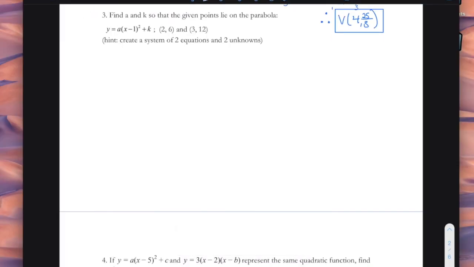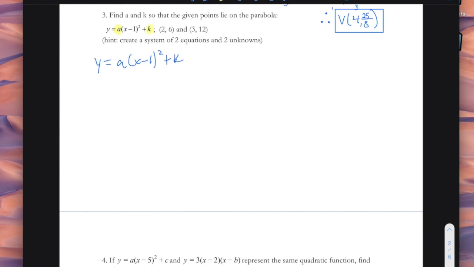Let's take a look at number 3. So in number 3, we have actually been given an equation, so we do not have to take that step in deciding which of the 3 we are going to choose. The question is asking find A and K so that the given points lie on